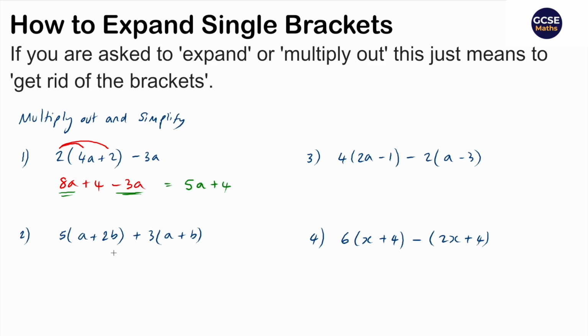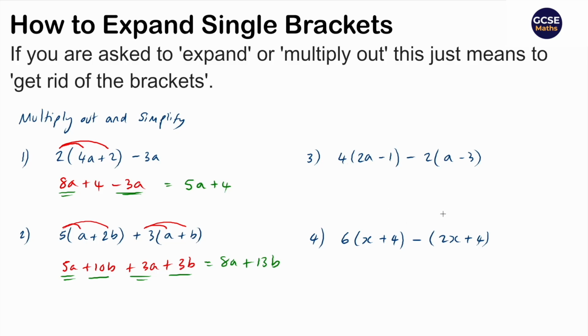In this case, we work down the page again. We expand this, and then we simplify. 5a plus 10b plus 3a plus 3b. So let's just collect these. So let's collect the a's. 5a plus 3a is 8a. We've got 10b plus 3b is plus 13b. Again, keep the steps very simple. Expand, expand, then simplify. Next two, you need to be careful with because of the signs and also because we